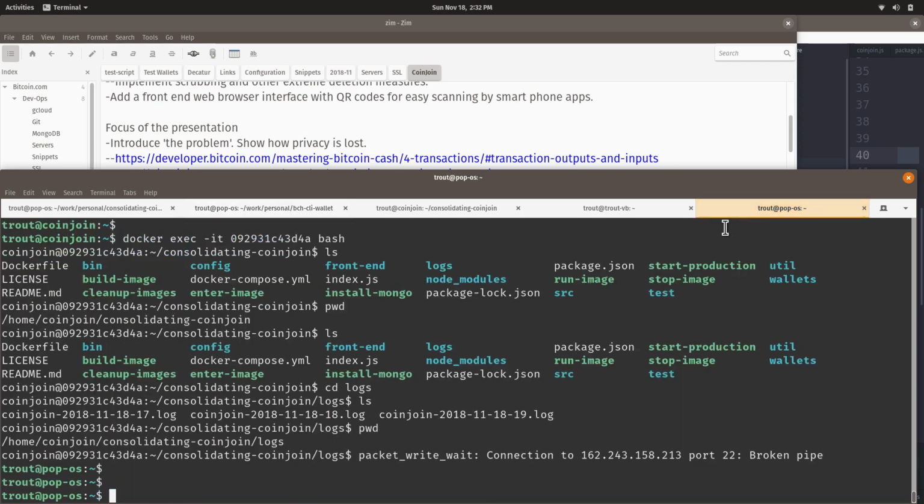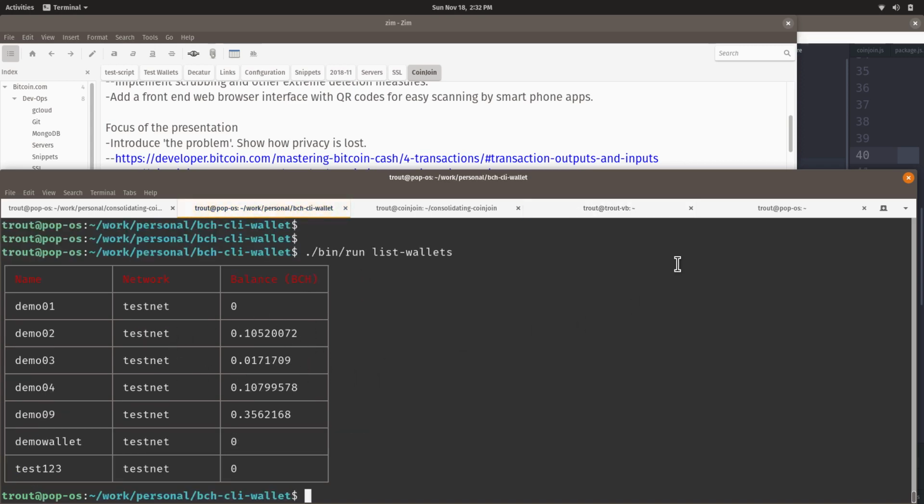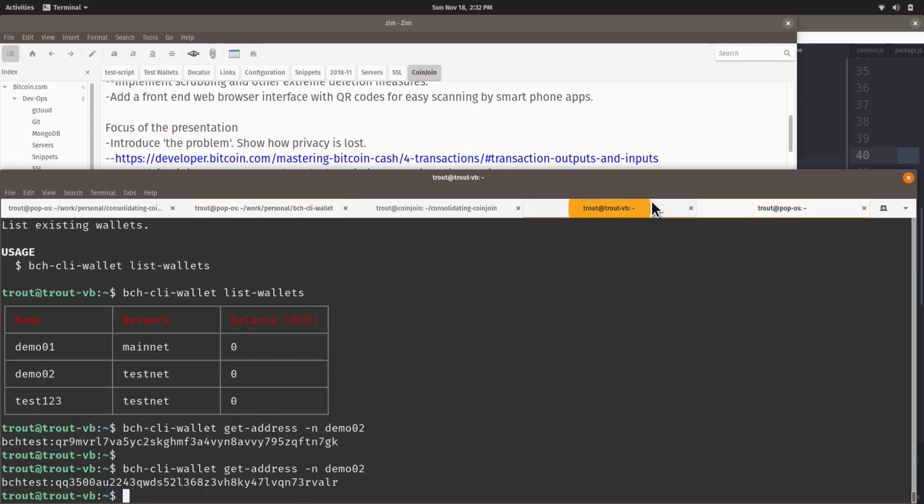For the sake of the demo, this would work for anybody doing it. You could just put it in there, but I already used it today, and there's a 24-hour waiting period. So I'm going to pause the recording, and I'm going to send some Bitcoin Cash that I already have in this other wallet to this demo wallet, and then we'll continue from there.